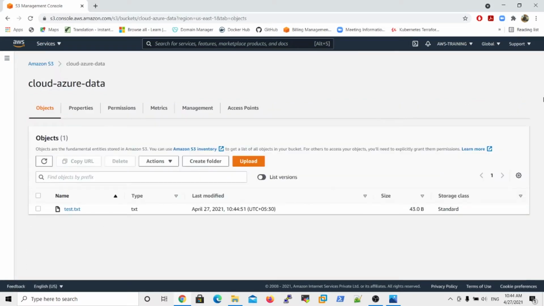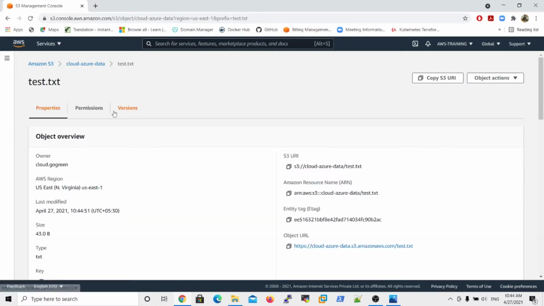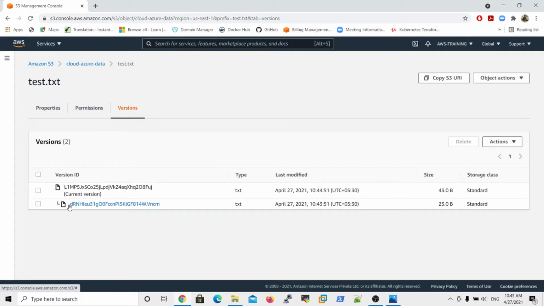Right. So now see that this is my object. In the object, how many versions are there here? Yes, two objects are there. The first object version is 43 standard, and the second object is standard 23 blocks. So the same file name, the bucket maintains multiple timestamps. So that is called versioning.